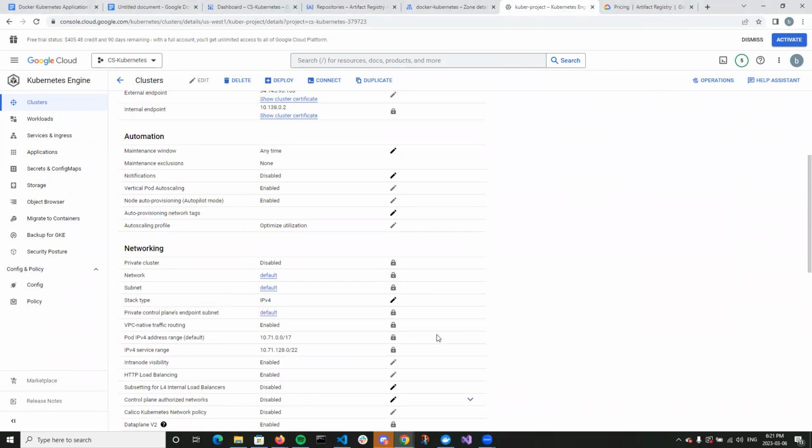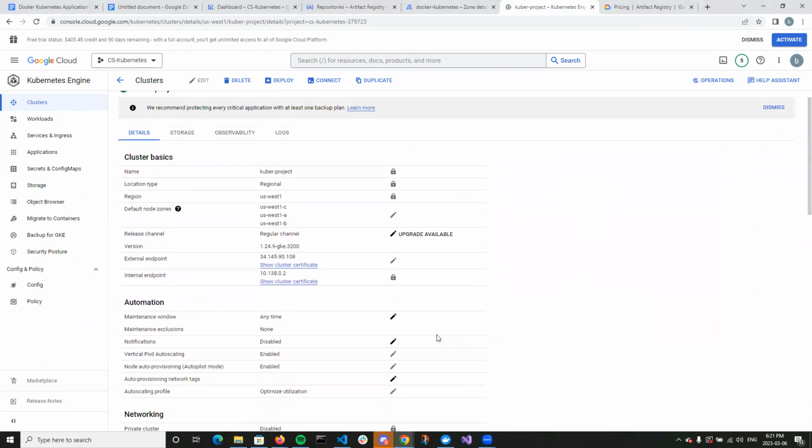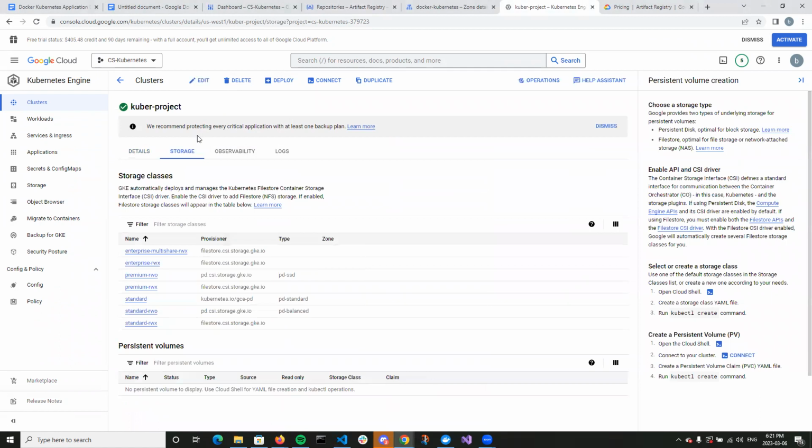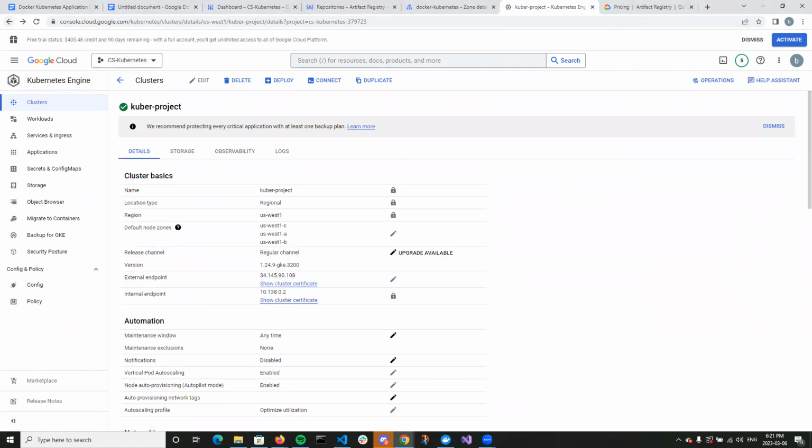I think it's running maybe 3 pods or 3 replicas right now off the 1 pod, which means if any of them go down, there's always 3 to back them up. Yeah, and running out of US West 1. There's a lot of information here that you don't really need right off the top, so we'll just go through things here.